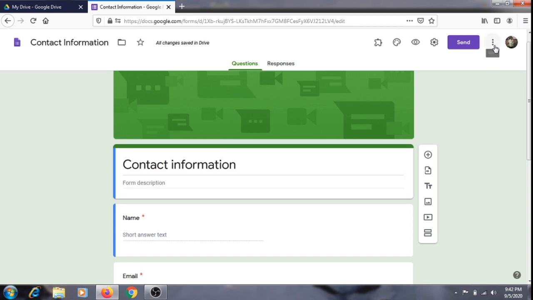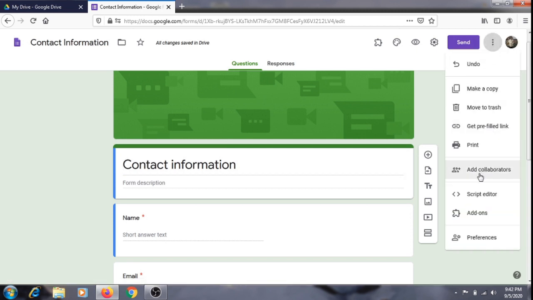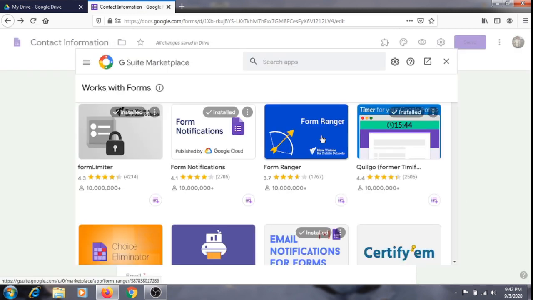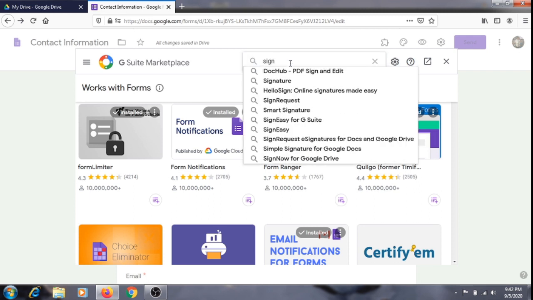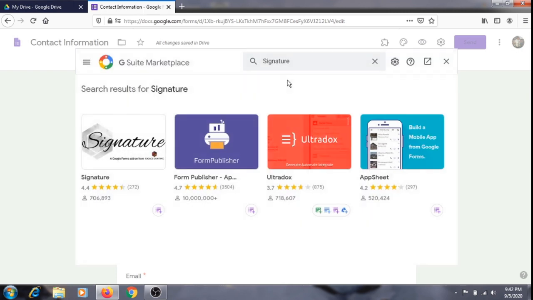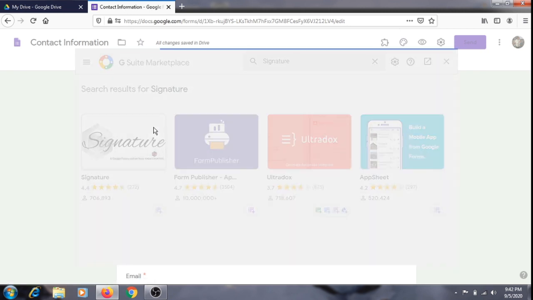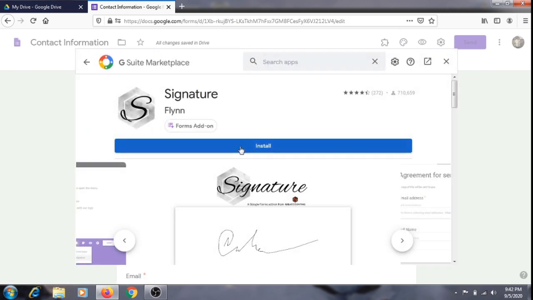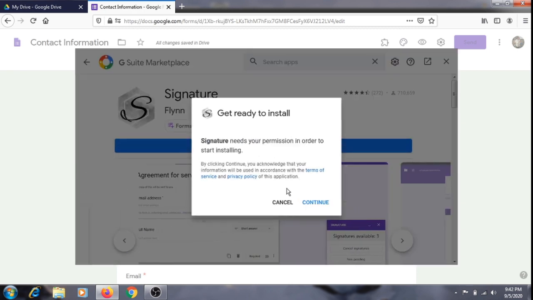For that, go to add-ons here, click on this, and you'll get a new window. In the search apps, click signature here, and please install this app. The installation of apps is the same for all the apps.